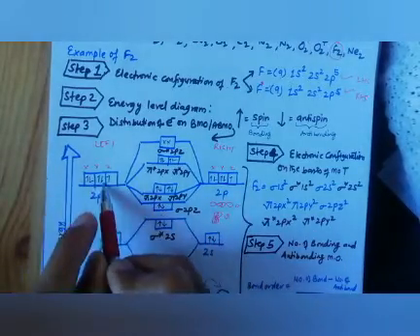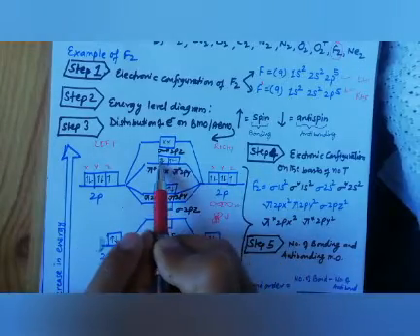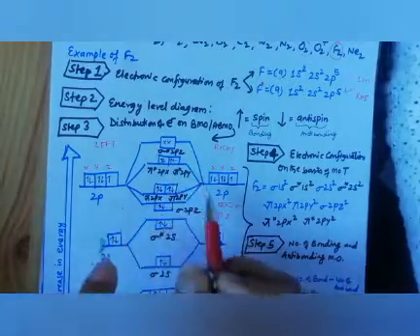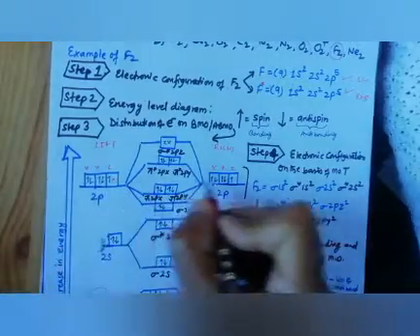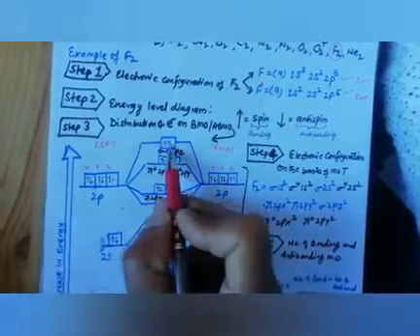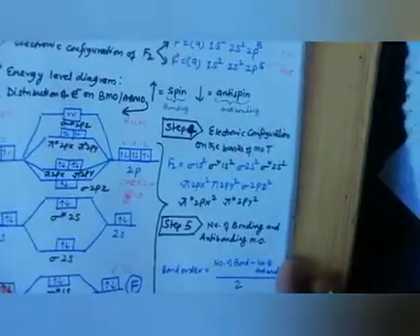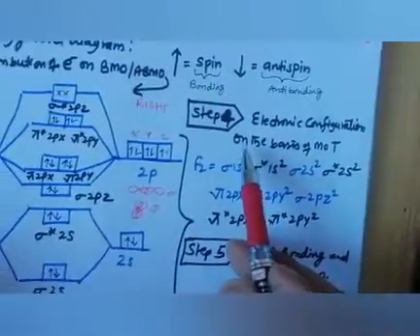Now the anti-bonding, anti-x and anti-y we will fill here in anti-bonding, but there is no z in anti-bonding, this is empty, so we will keep it empty. Okay, this is the way to fill the electrons. Once you fill this, we will move to step 4. What is step 4 now? It is electronic configuration. How to fill?